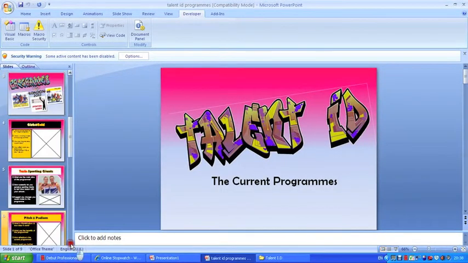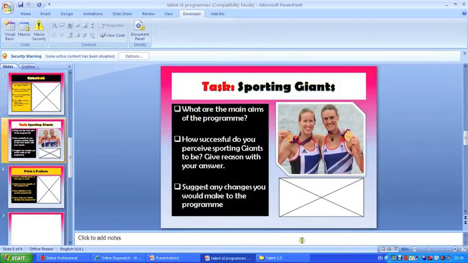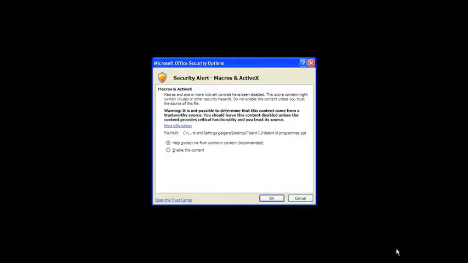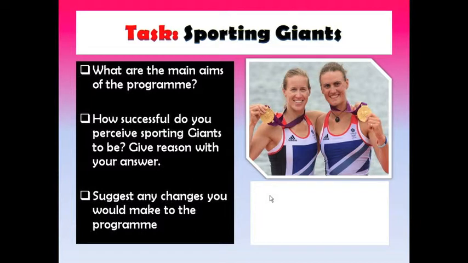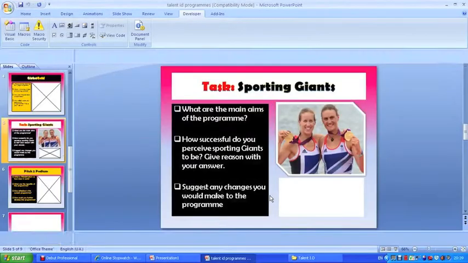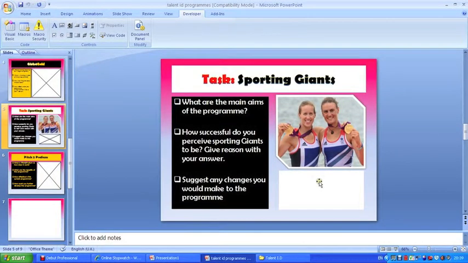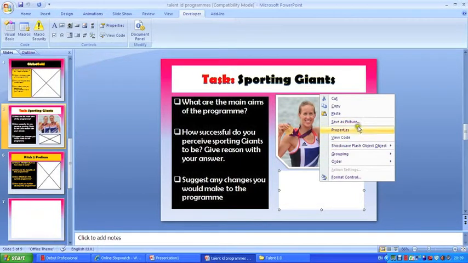So we scroll down to where it should be, and we go into slideshow mode, and we have to enable the content every single time. Okay, so we enable the content, we can see now that the stopwatch doesn't appear in our slideshow mode. So we hit escape, and then we go over to our stopwatch and we right click it. What you need to do is click Properties,